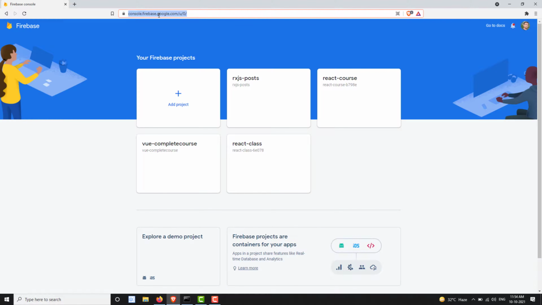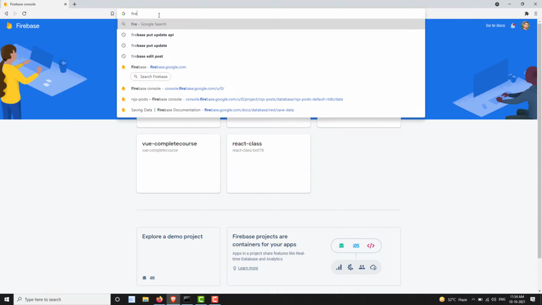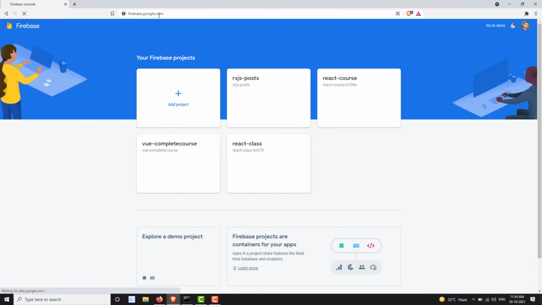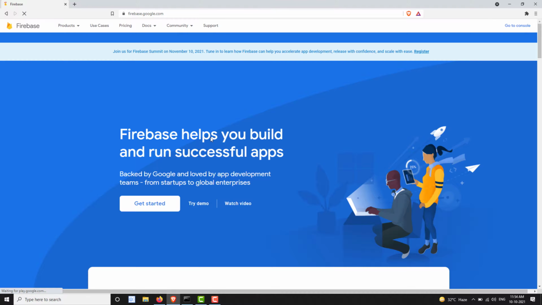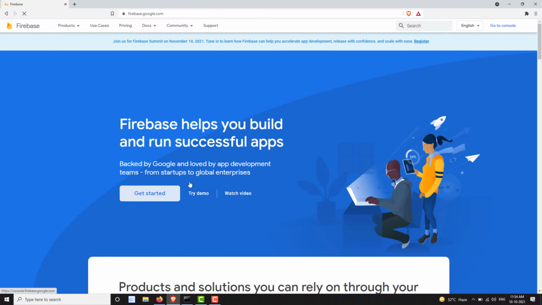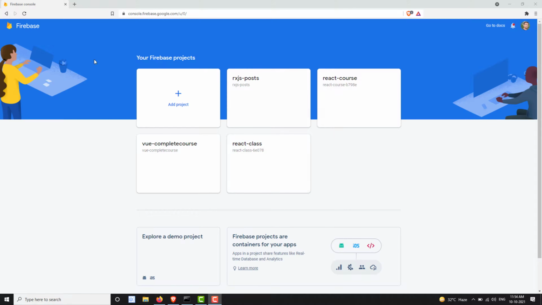Many people are asking me how we can initialize the database. For all of my projects I will be using Firebase. Let's open firebase.google.com. This will provide us a sample database, so I will click on Get started. Here you will be able to see some of the projects that have been created. Let's create a project so that you can do the same in your own account. To open a Firebase account you need a Google ID. If you are logged into your Gmail, Firebase will be logged in automatically, because Firebase belongs to Google.